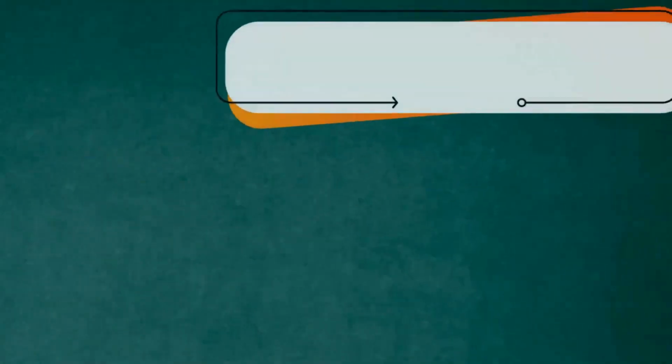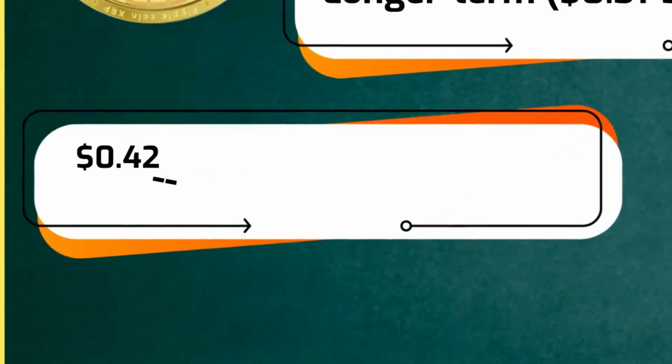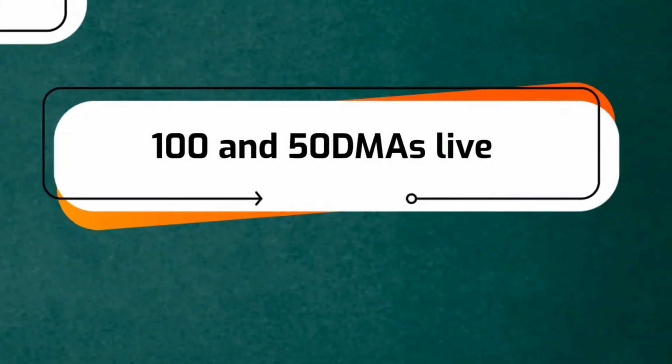XRP seems to be at a crossroads. It appears to be across the heart of each short and longer-term levels. The 42-cent level is a powerful level of resistance. It has constantly acted as resistance and has strengthened since late July, and is a place the 150